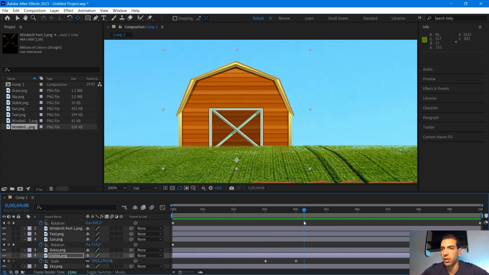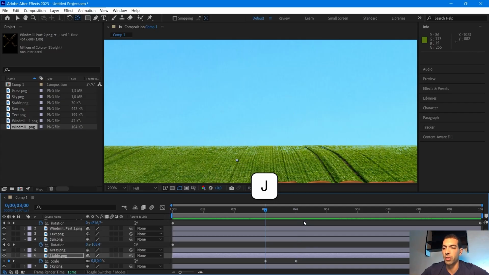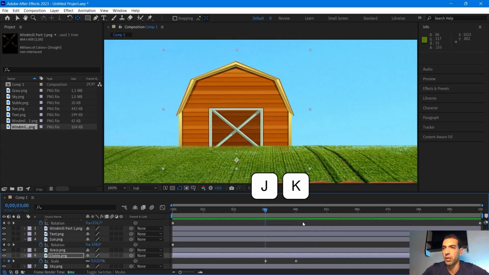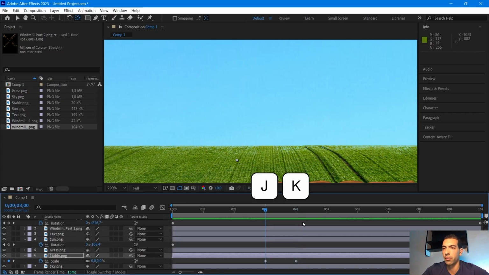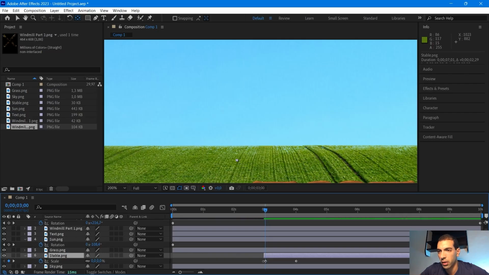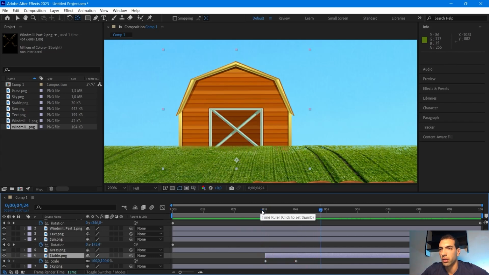I'm gonna press J to go back to the previous keyframe. Remember J and K to move to the previous and the next keyframe on the timeline. And make sure the playhead is right here, and I'm gonna make this layer a little bit shorter by placing the cursor right here. I click and drag and make it short like this. I can shorten from here also, but I'm not gonna do that. Control Z to go back. I play, I get this animation,